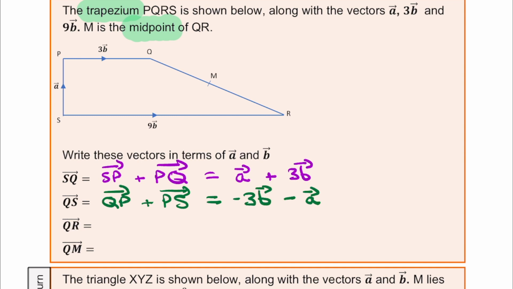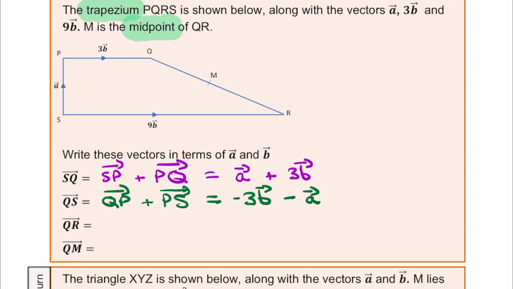Similar idea with the next one. We want to try and get from Q to R. Most direct way to do it is to go straight along Q to R, which would be moving along this line here, but we're not given any vectors on that path. So again, we need to try and find a path where we know all of the vectors. So it is a longer way to get there, but remember with the vectors, it doesn't matter which path you choose. So what we can do is actually move from Q to P,